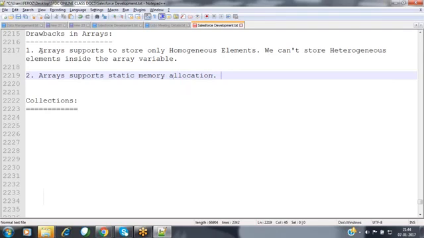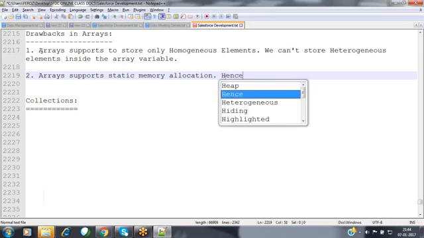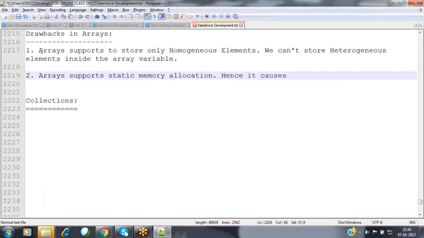Now, whenever you are using static memory allocation, for example, I have specified the size as 10, nothing but 10 elements I am going to store. But I have stored only 2 elements. Then what about the remaining 8 elements' memory? That will be wastage here. When coming to static memory allocation, the main problem is memory wastage. If you are using all the 10 elements' memory storage, then no problem. If you are using only 2, 3, or 4 elements of storage, the remaining memory will be wasted. There is no proper memory management inside static memory allocation. So hence, it causes memory wastage.